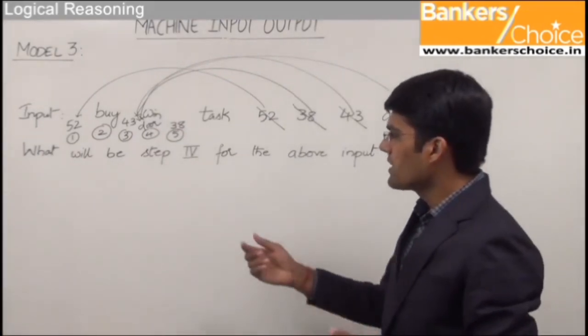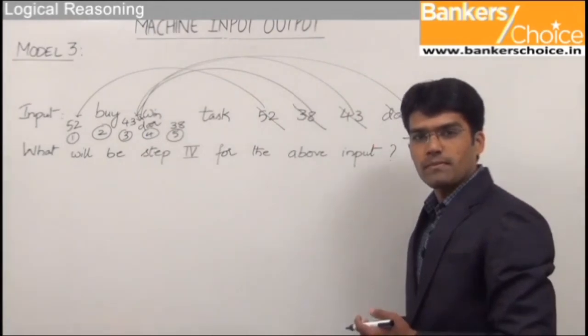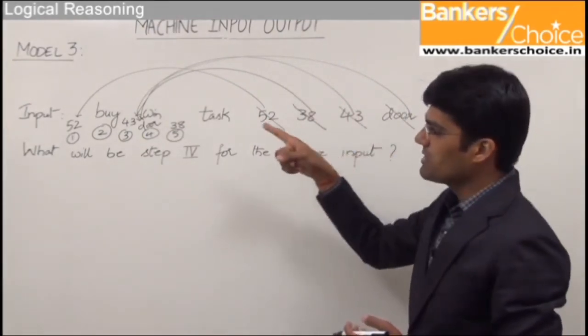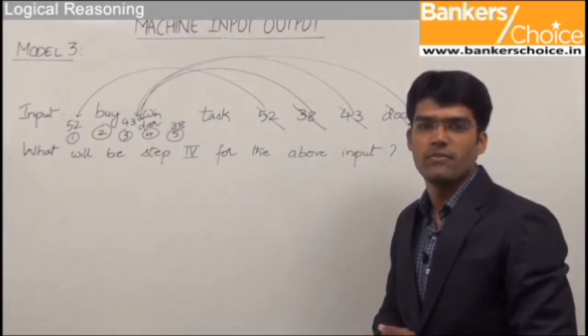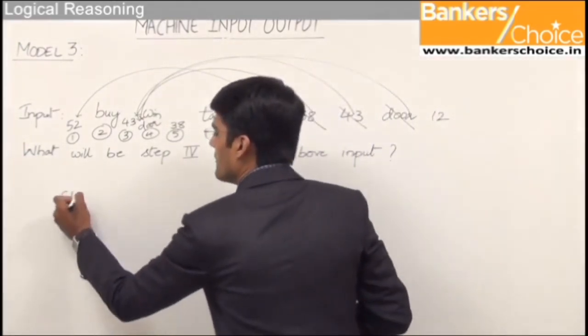And if we read the question now, it says what will be step 4 for the given input. And so far we have done 4 cancellations. That means the output which we can see now is going to be the step 4. So we can say that the step 4 will be